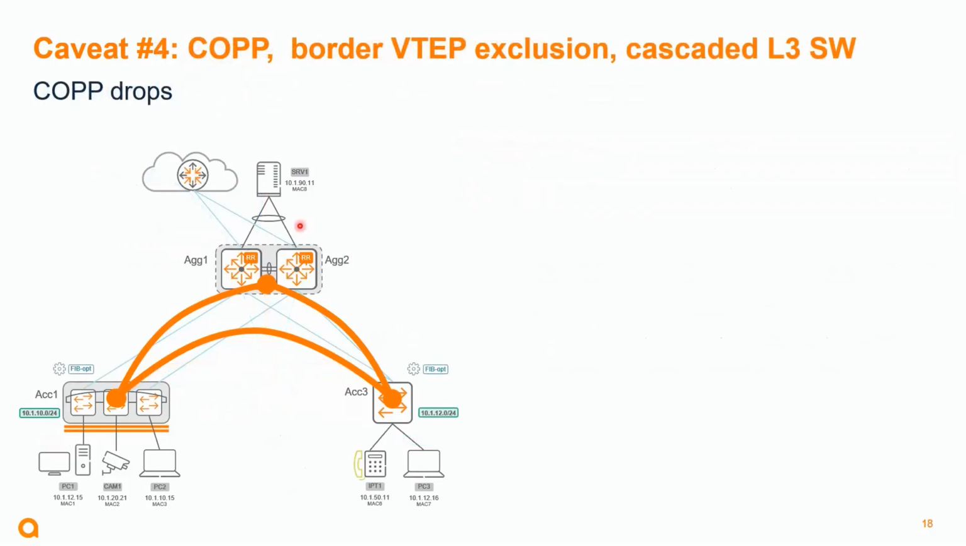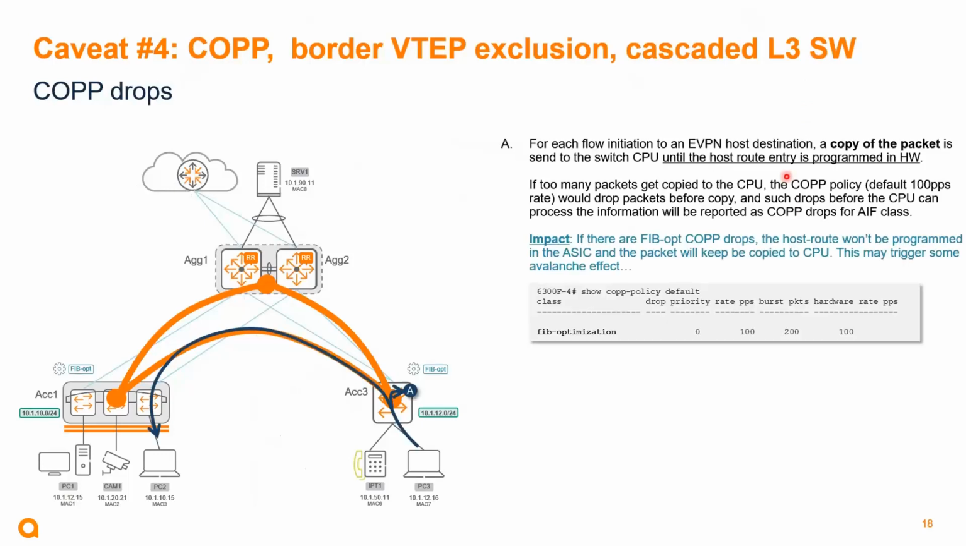Another caveat is about CoPP and the CoPP drop, and as well what needs to be done in terms of border VTEP exclusion, this time on the access switch. And also, what about a layer 3 switch that would be cascaded behind a VTEP? So first, for CoPP, at each flow initialization, there is again a copy of the packet to the switch CPU. If too many packets get copied to the CPU, just to trigger the mechanism to program it in hardware,